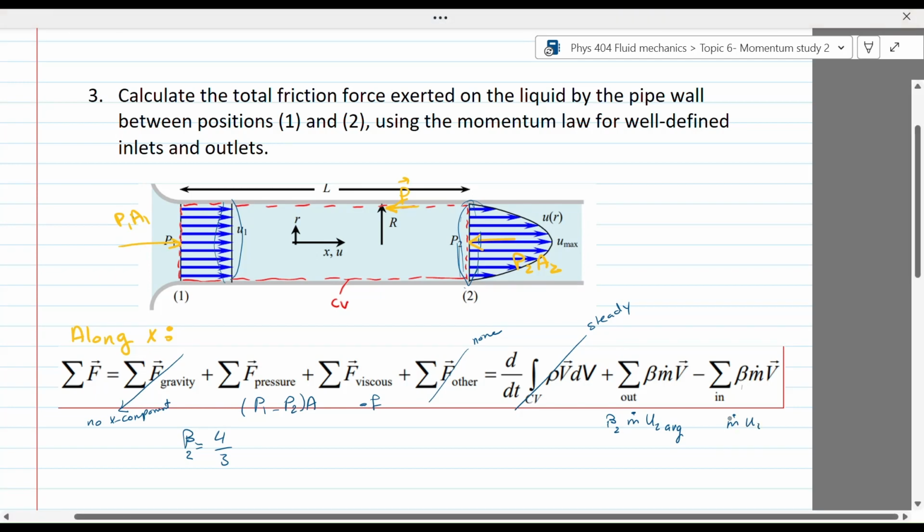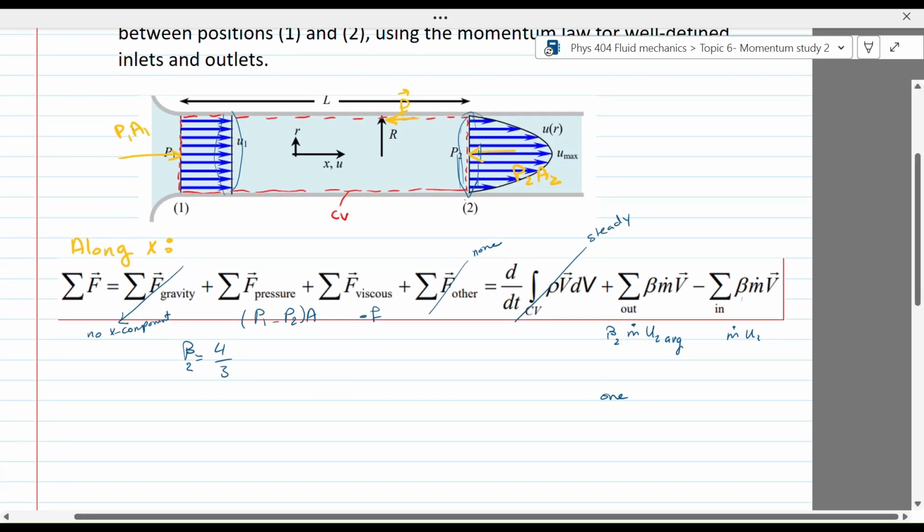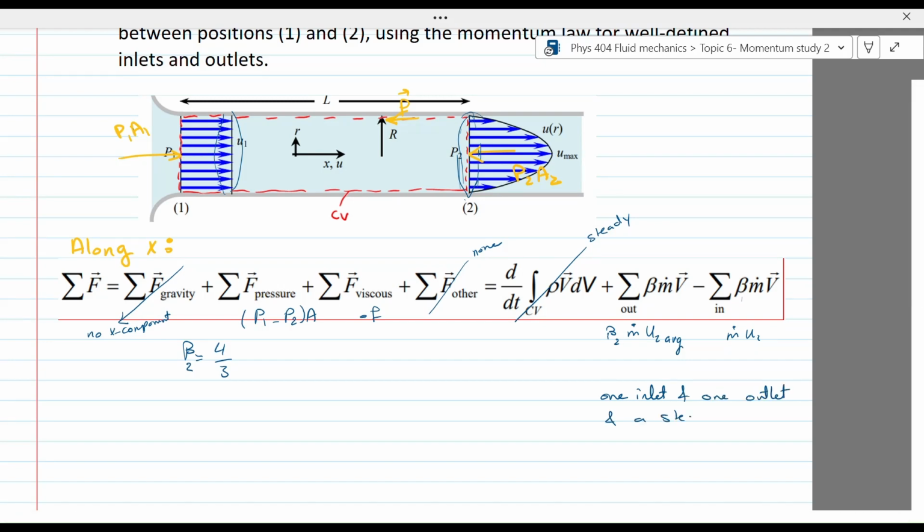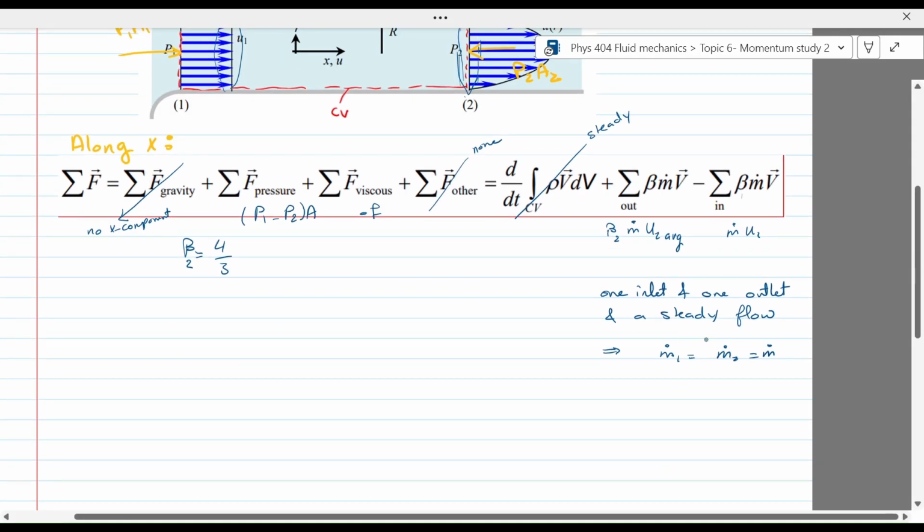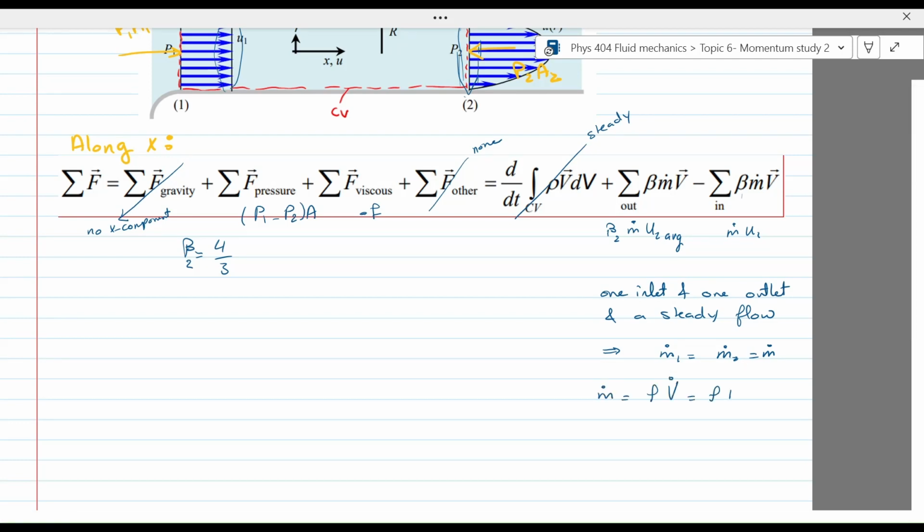Now there is something to notice here. I have used the same flow rate at the inlet and at the outlet. Why? I have one inlet and one outlet and a steady flow. And like we have discussed in our previous chapters, this means that the flow rate at the inlet and the outlet is the same, and I can write this as m dot. Now to find this flow rate, because it's not really given to us in the problem, we can try to find it in terms of the volume flow rate, which is equal to the area times the velocity, whether it's at the inlet or at the outlet. So I can either use A1 U1 or A2